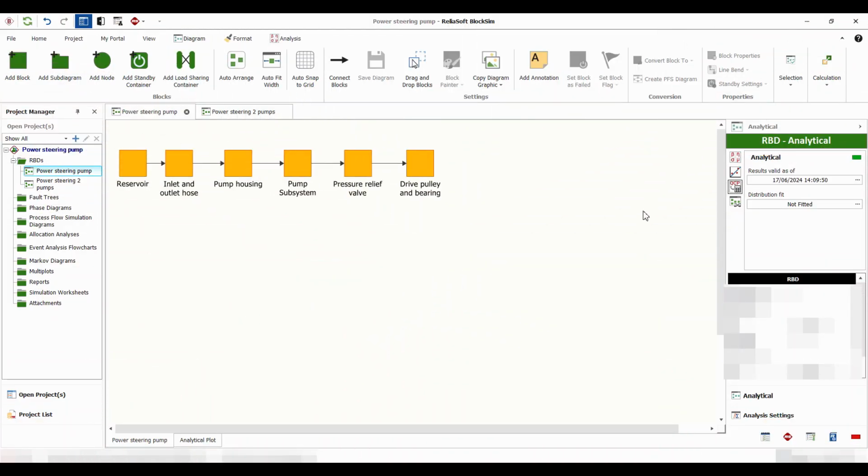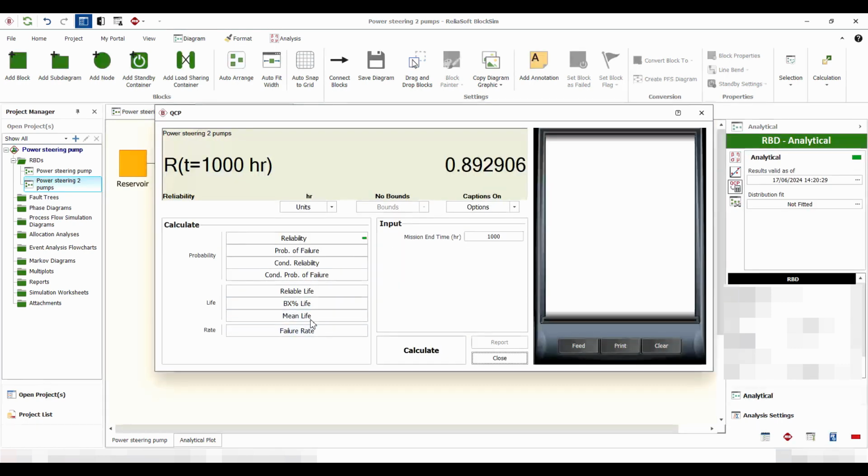In this video, we're going to look at the what-if analysis feature included in BlockSim. So let's consider this layout of our power steering pump, and let's assume we have created an alternative layout which uses two pumps. What we want to see is how the what-if analysis feature present in BlockSim will enable us to explore the different results according to what we decide to exclude in our diagram. So let's analyze our data, and we can look at, say, the mean life,